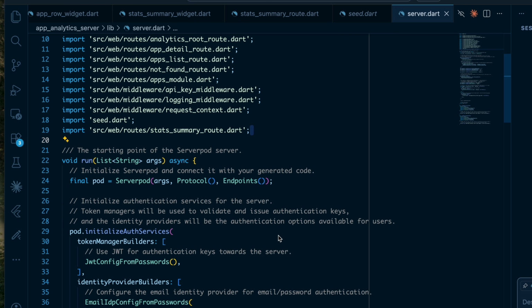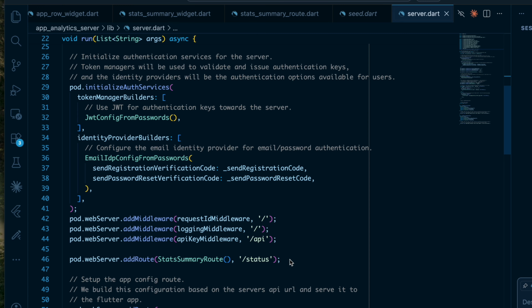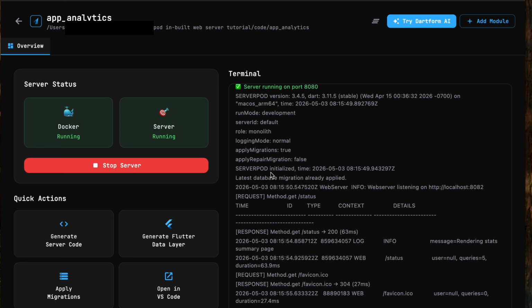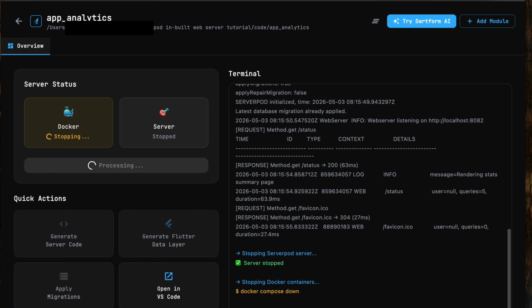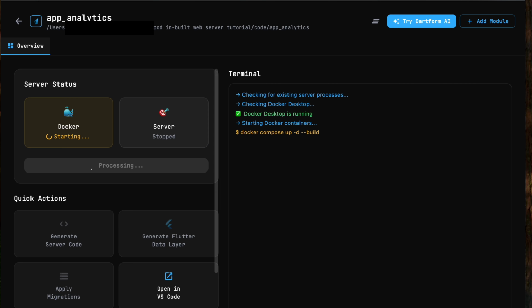Okay, great. Now let's add the route to the server.dart. Remember, WidgetRoute is still a route, so you need to register it the same way. So we register it before the pod.start method. Then let's restart our server and open localhost port